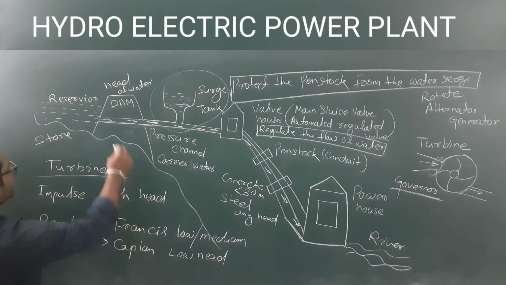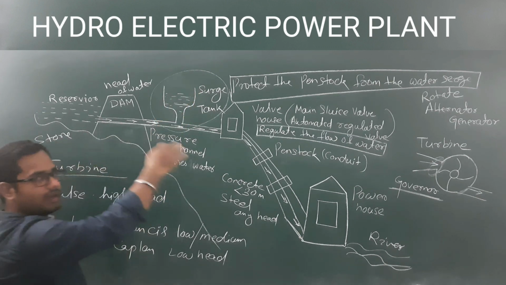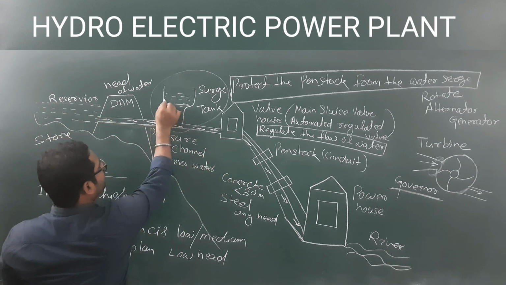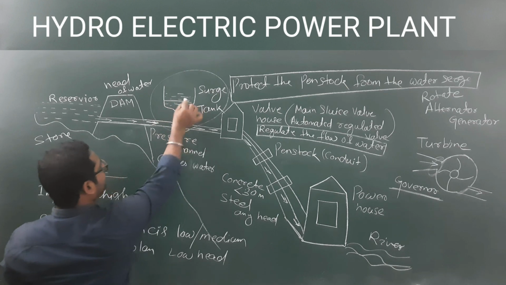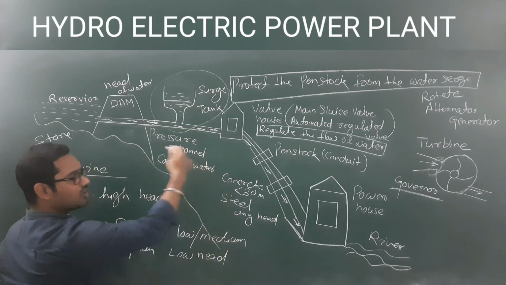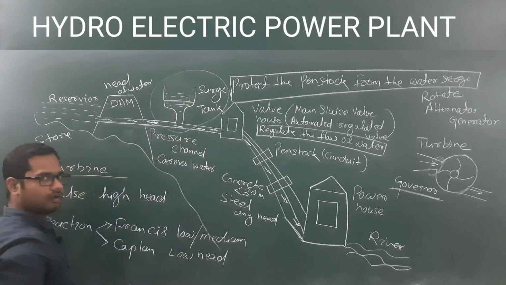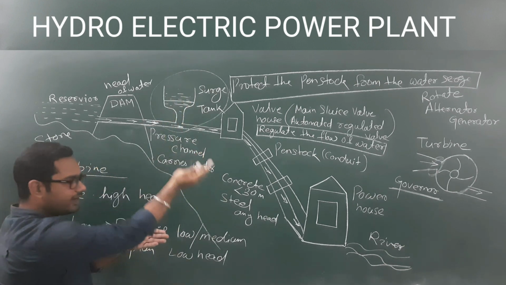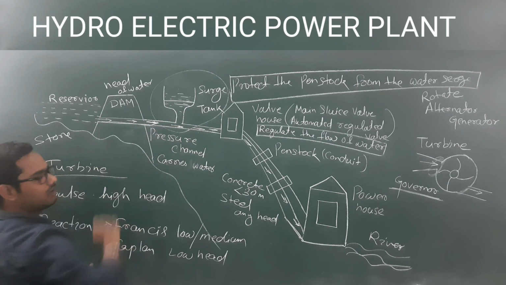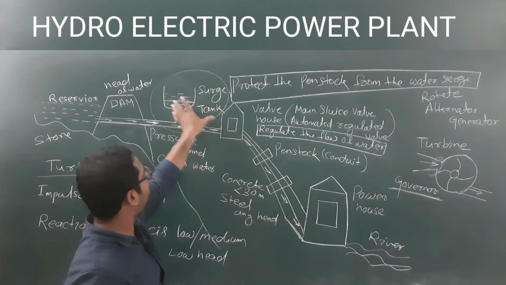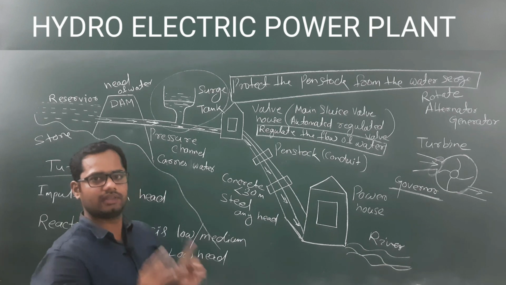So again, your water property is to maintain a level. So here the water level is like that. Here also it will maintain this level. Okay, but whenever the surge is there, then the water level will rise up to some height, then it will again decrease and maintain the level. So that means that pressure can be released by the help of your surge tank. Okay, this is one part.